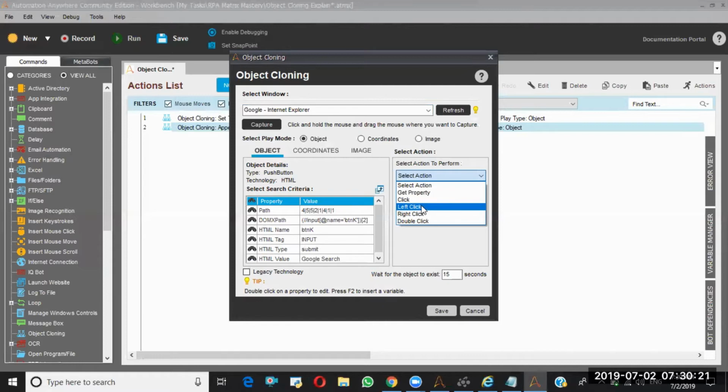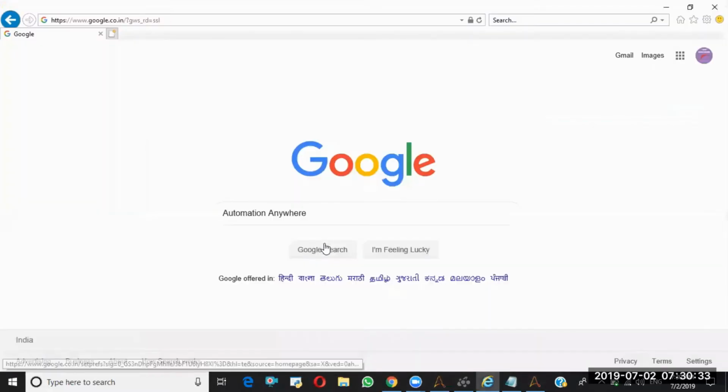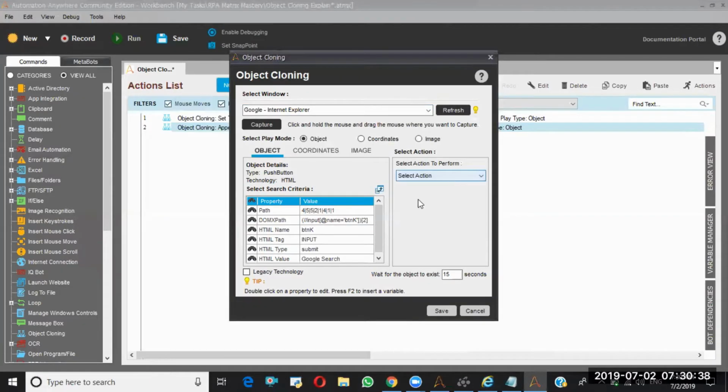The difference is, if it is left click, it will go to that particular object, go to this particular screen, and perform the click operation from here. But if it is click, it will trigger that particular click event from the backend. But you need not take care of all those things.